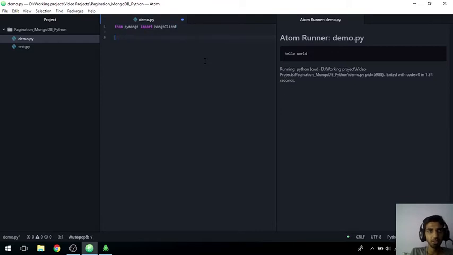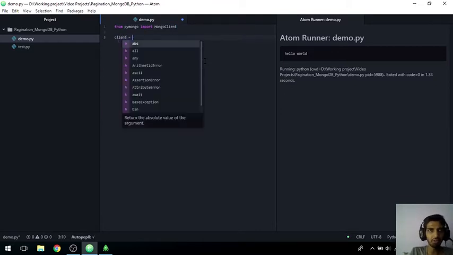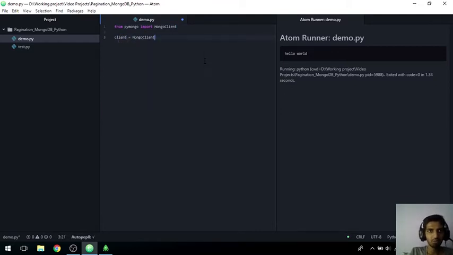Now we will be creating a client object, MongoClient, and the URL to which we need to connect. Since the database server is running on our machine only, we'll just type localhost, that is 127.0.0.1, colon 27017.